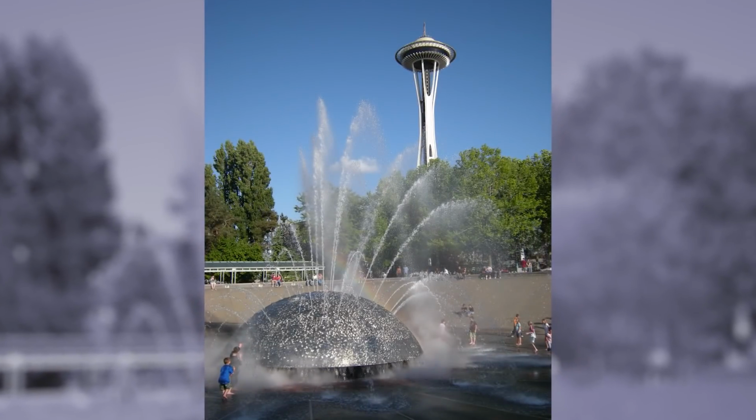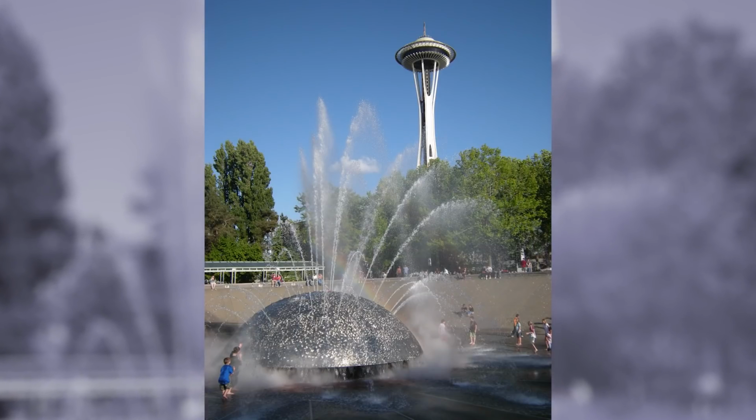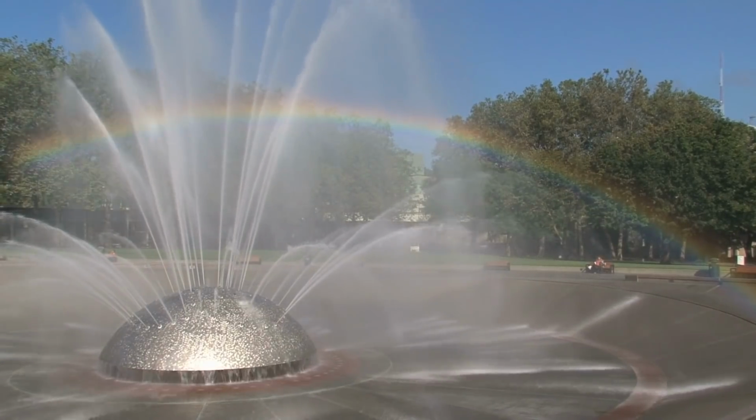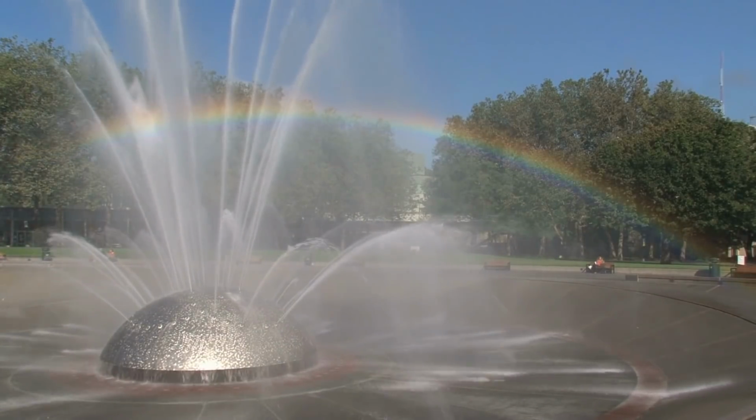Constructed in its current form in 1995 as part of a $6.5 million rebuild by Wet Design, the fountain is accessible to anyone who wants to run through it. And given its many types of jets, we wouldn't be surprised if it seems like somewhere that you would want